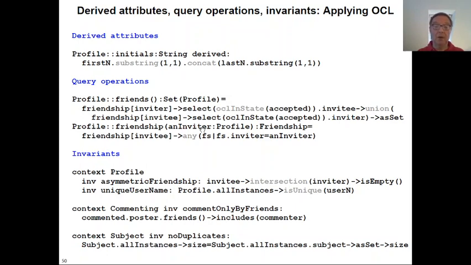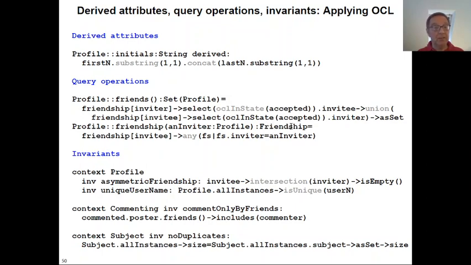The parameter role is an inviter, and what this operation has to do is consider whether, between the current profile object on which this operation is called and the inviter object presented as a parameter, there is a friendship, with the current object in the invitee position and the inviter object in the inviter position, and if so, it should return